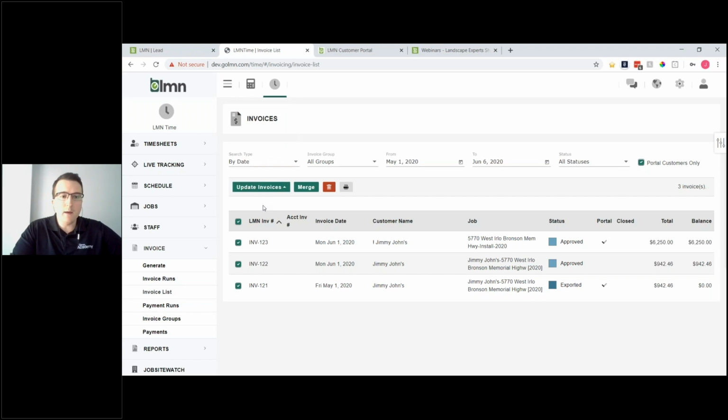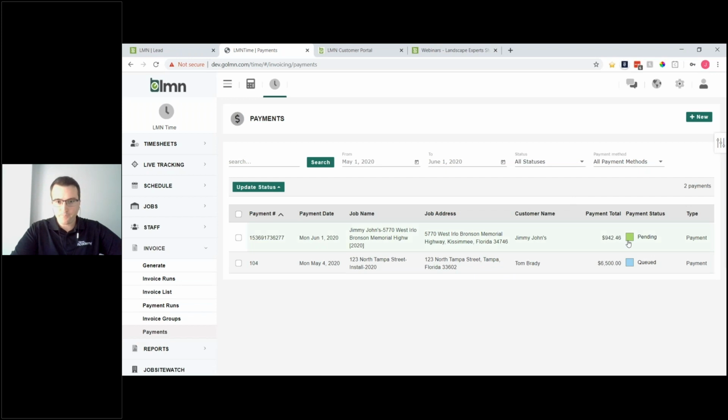Now let's see if we wanted to record a payment. One, if you're using Card Connect and accepting credit cards, those payments will automatically send over once your customer has paid. So in this payment tab, you'll see these come in, like this one, for example, that I've preset to show everybody how it works. The payment status is pending because it just went through today. Usually funds are available the next day. But if I click on here,